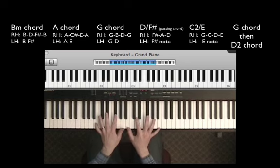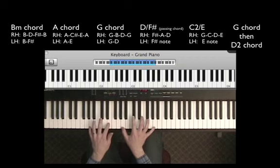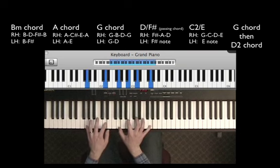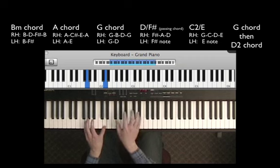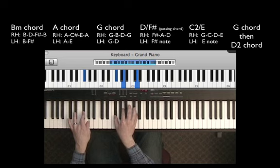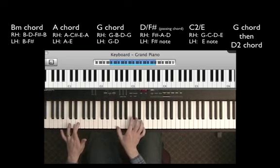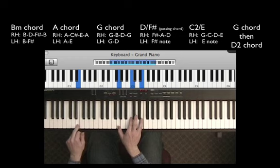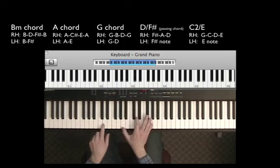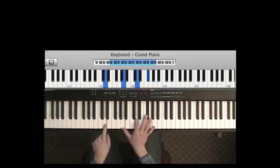Alright, so we've got B minor as a chord progression. Open the windows. Then A, major, to all of heaven. G, and let your blessings flow. Then we use a passing chord here, which is D on the right hand, F sharp on the left hand, then down to E on the left hand with a C chord on the right hand. Holy Spirit, moving us to G. You're welcome. You're welcome here. All right. O Holy Sovereign God is